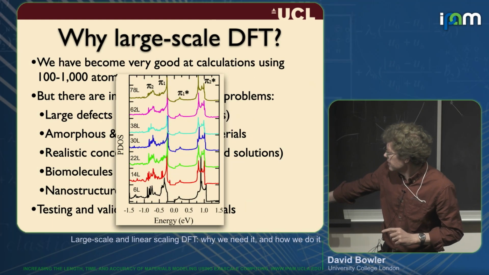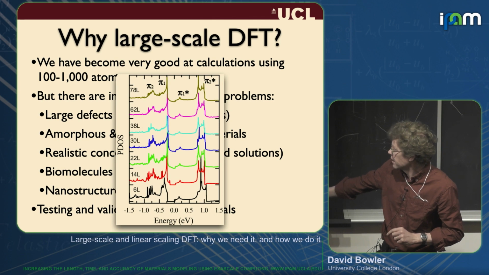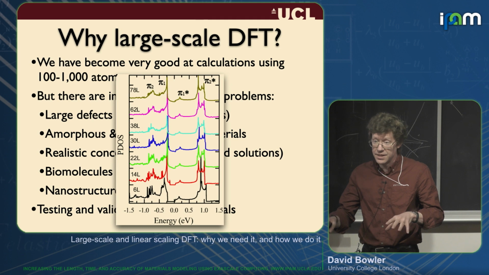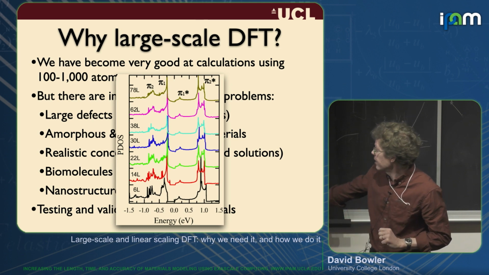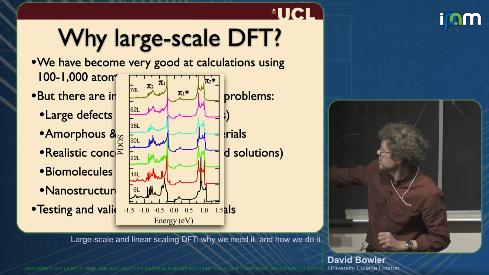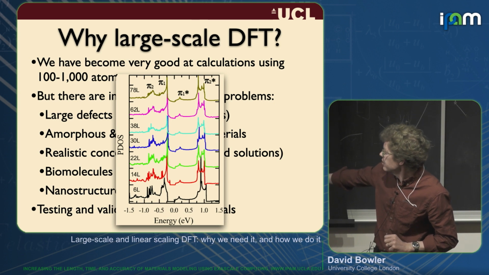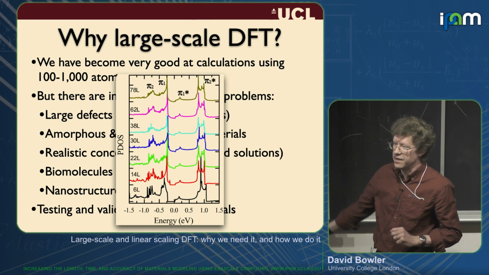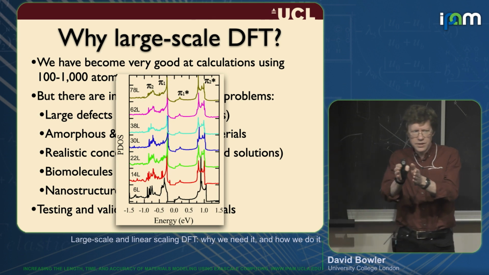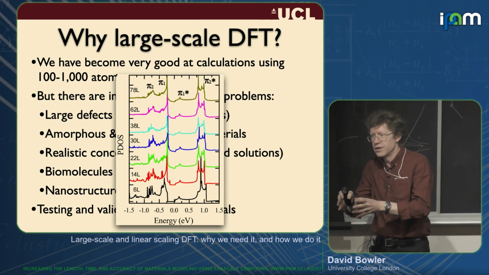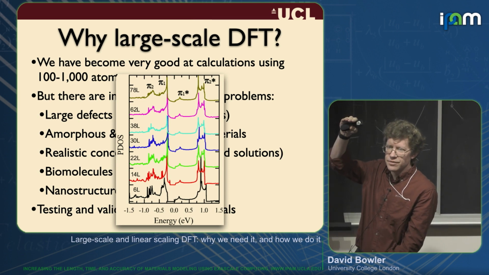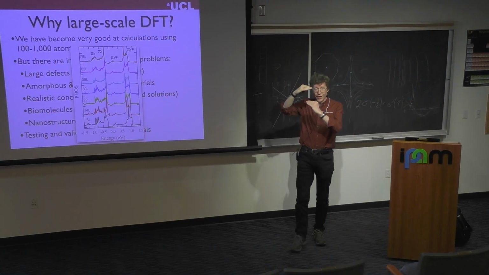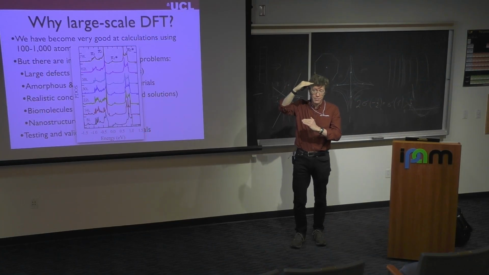And on the left-hand side here, you can see how many layers we've got in the calculation. At the bottom here is 6 layers, which people, by the way, still publish today, 6-layer slabs, going 6, 14, 22, 30, 62, 78. You only converge the gap, which is here, when you get to at least 60 layers of silicon. So the smallest silicon cell that you can do needs at least 250 atoms in order to get somewhere near the correct gap, and you're still imposing a kind of quantum well state on the thickness of your slab there.